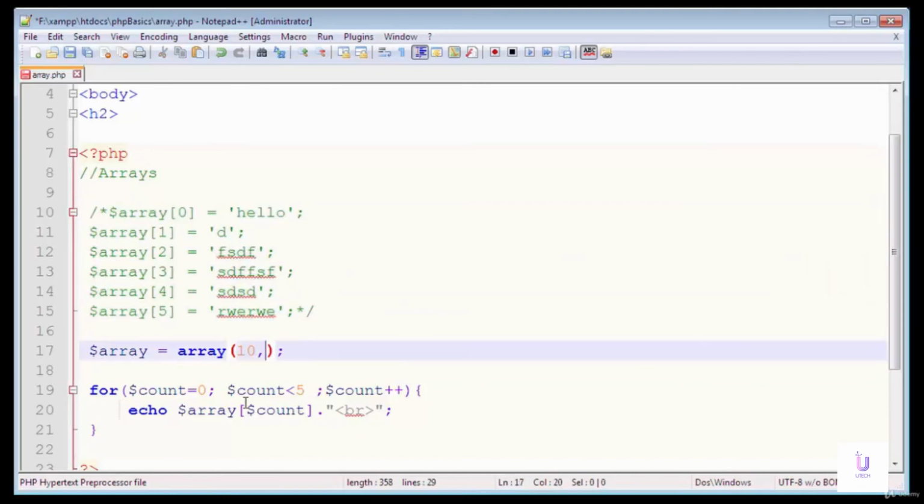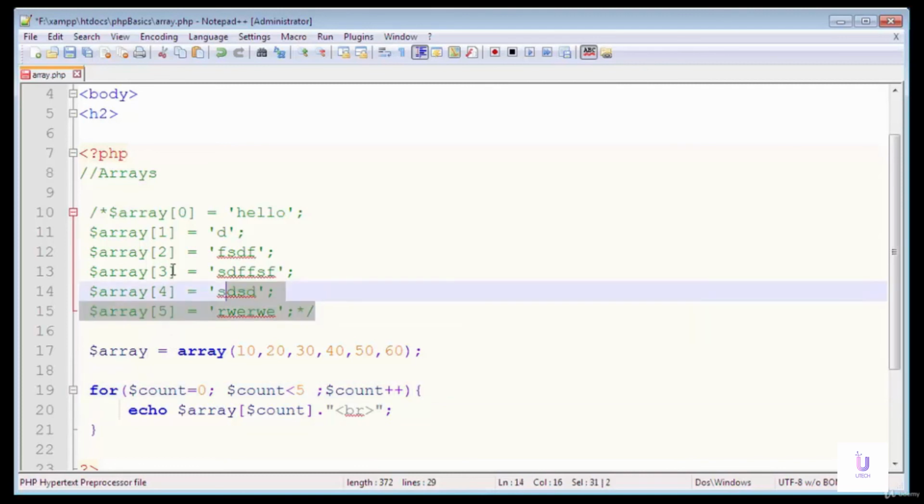Let's see, 10, 20, 30, 40, 50 and 60. This array function will automatically assign these values to this array variable at different indexes. So these values will be saved at index 0, 1, 2, 3, 4 and 5. So the index will be from 0 to 5. This is the second method to initialize arrays in PHP.